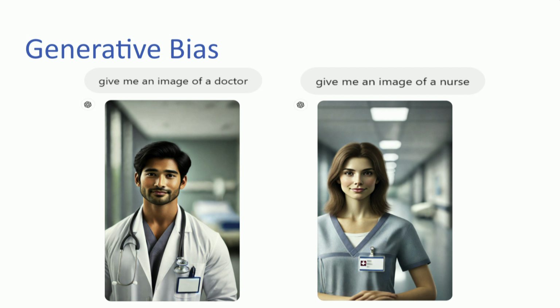So I asked GPT to give me an image of a doctor. I asked GPT to give me an image of a nurse. The output looks great, okay? I didn't necessarily say that I wanted the images to be photorealistic. You could. But if you ask it to generate a doctor 10 times and note how many male doctors you get, and then ask it to generate 10 nurses, and note how many female nurses you get, you will see that there is generative bias in these models that has been learned from the implicit biases that we have out there.